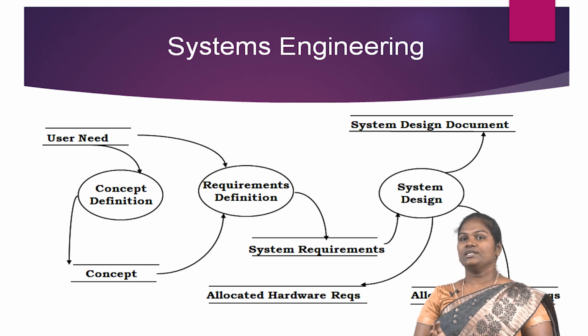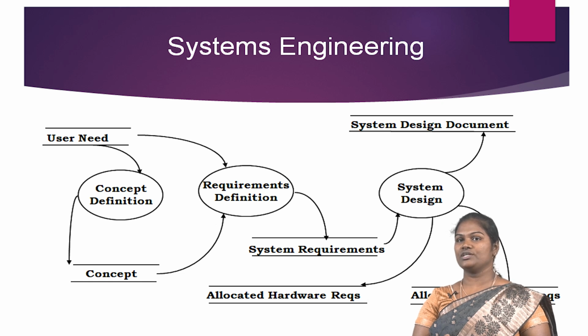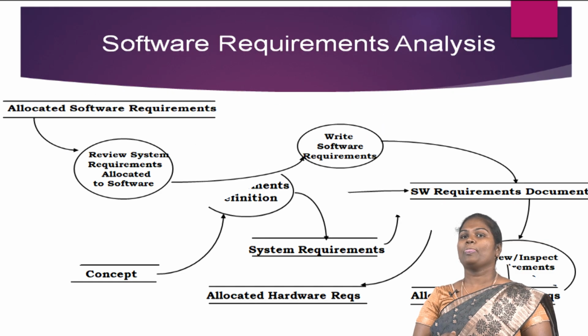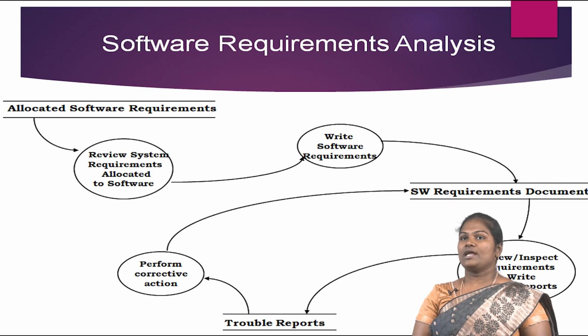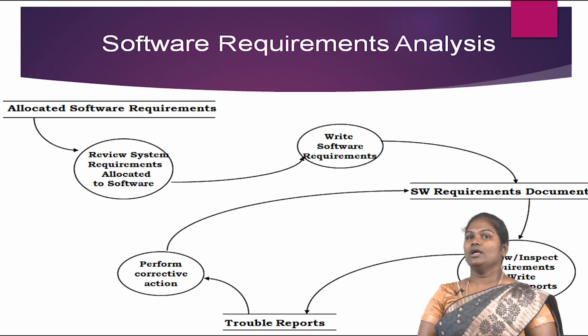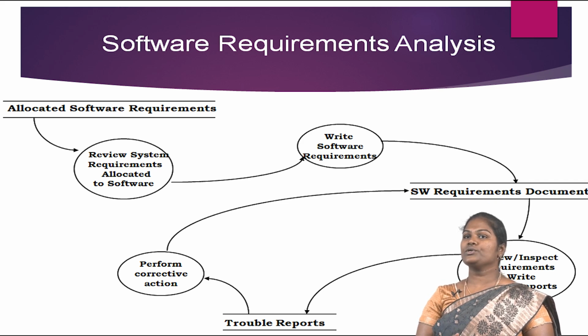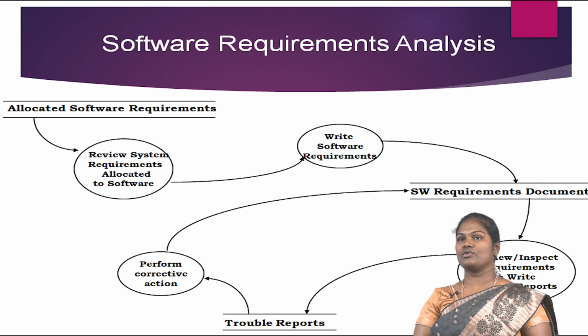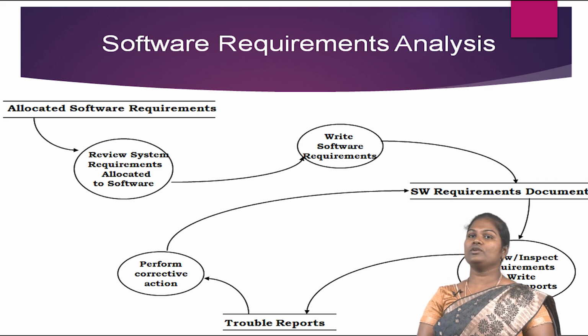Items such as the digital dashboard display, engine and control systems like timing, fuel injection and emission control are all controlled by software. The software engineering process starts during the system engineering phase. Software requirement analysis is the process of studying the system requirements allocated to software to arrive at the definition of software requirements. The requirements that were allocated to software are now analyzed and expanded in the software requirement document.